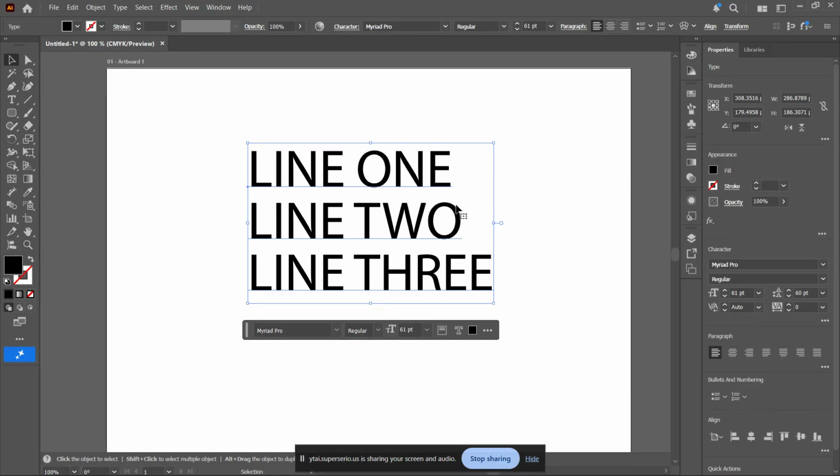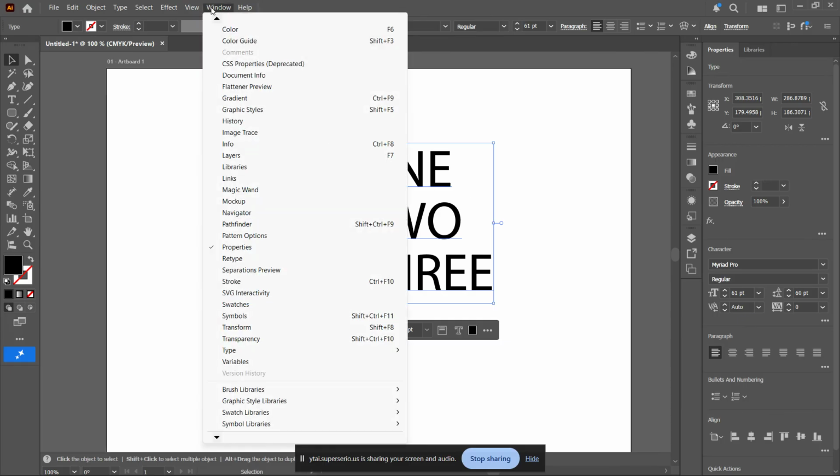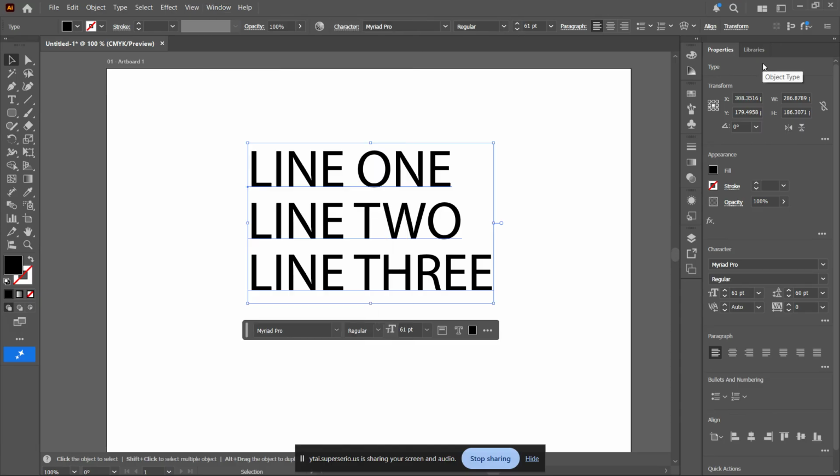Once your text is selected, go up to the top menu and click on Window. From the drop-down menu, choose Properties. This will open the Properties panel, usually on the right-hand side of your screen. The Properties panel gives you quick access to many commonly used settings, including alignment, appearance, and character controls. If you don't immediately see all the text settings, scroll within the Properties panel until you find the section labeled Character. The Character section is where you control font family, font style, size, tracking, kerning, and most importantly for this